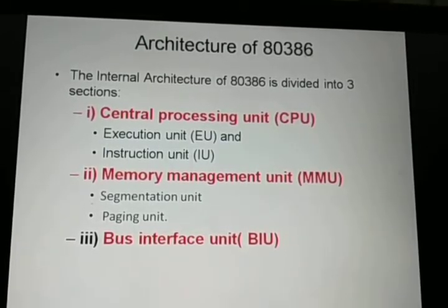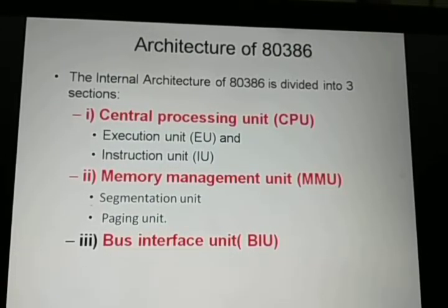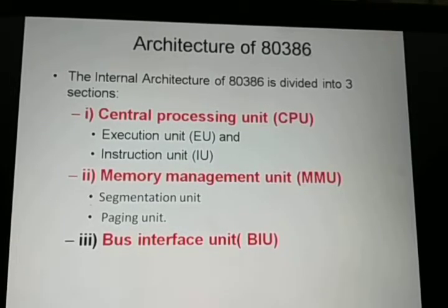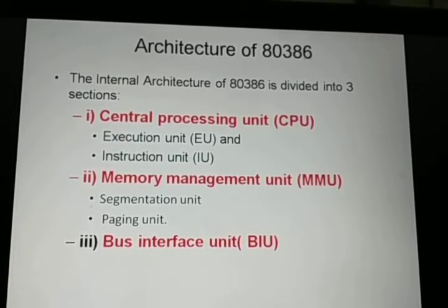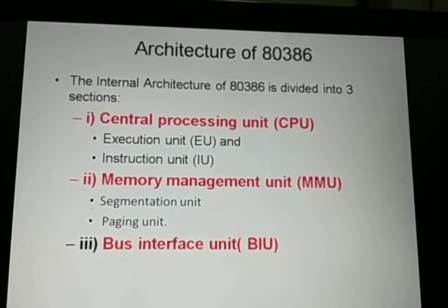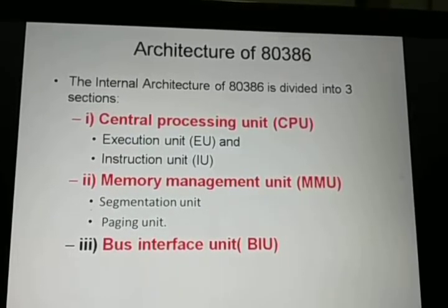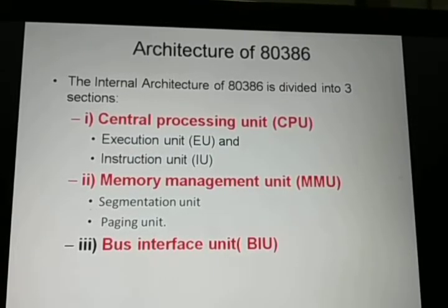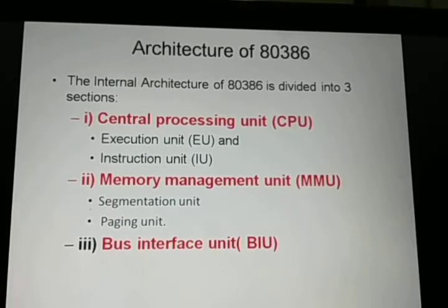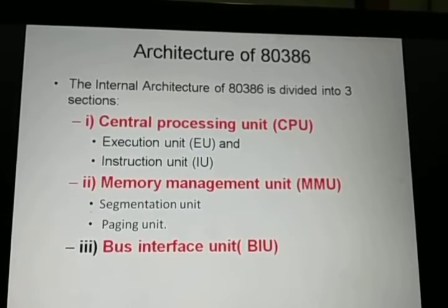In last class we discussed the central processing unit, which we divided into two parts, execution unit and instruction unit. In the instruction unit, basically we prefetch the instruction and we perform the pre-decoding. In advance, we can fetch 3 instructions at a time. So this is the prefetch. The instruction unit basically performs the prefetching and pre-decoding operation. Prefetching means fetching the address of the next instruction, and decoding means what operation we have to perform on the data. So these things we do by the instruction unit.